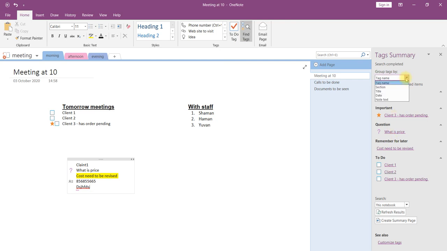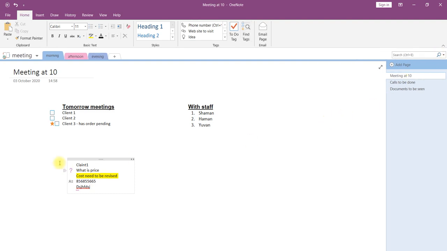You can use the tag name, section, and title, or the tags will be summarized here, so it is very easy to understand the entire document and what discussion you have had with the client.